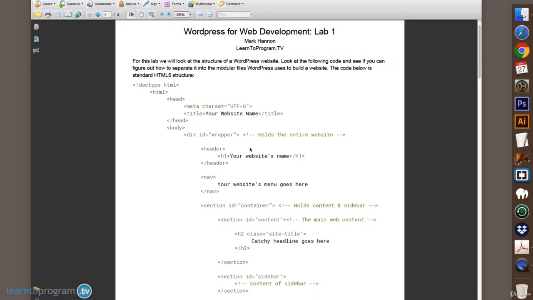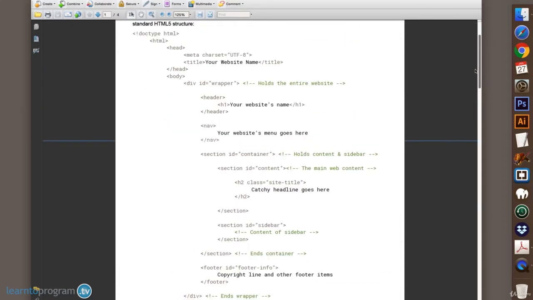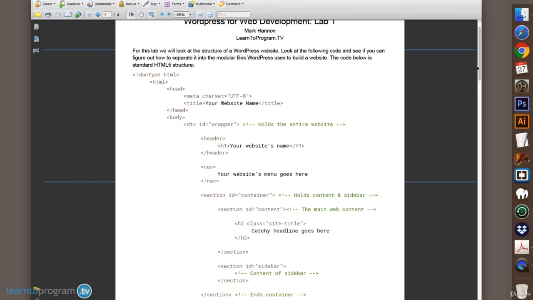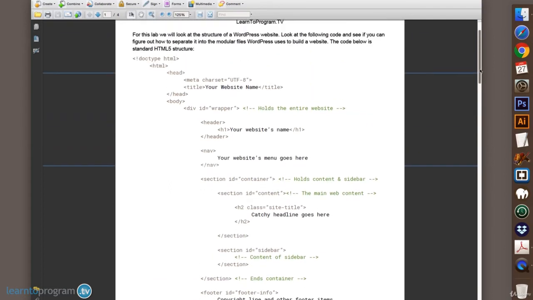One of the things that we learned about WordPress in this chapter was its modular construction. So for this lab, we're going to look at the structure of a WordPress website. If you evaluate the following code, this is an entire HTML page. Can you determine how we need to divide this up so that WordPress can put this page together in its